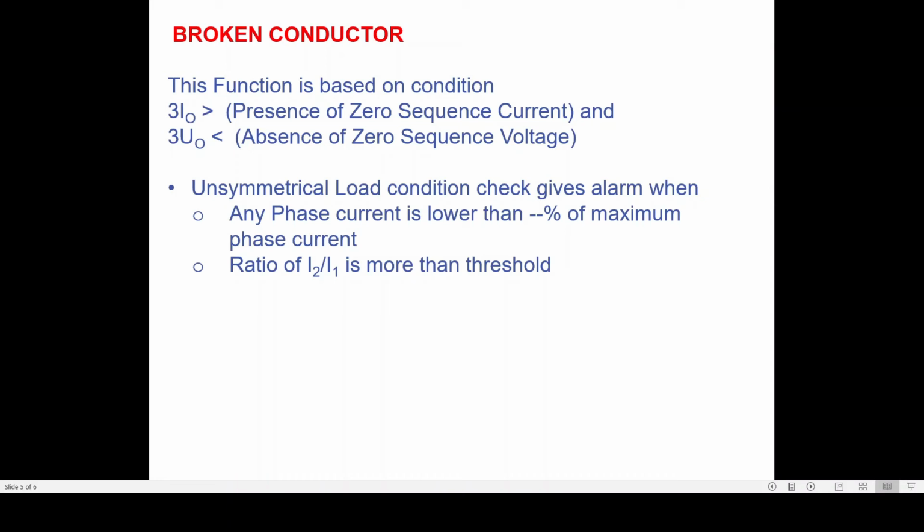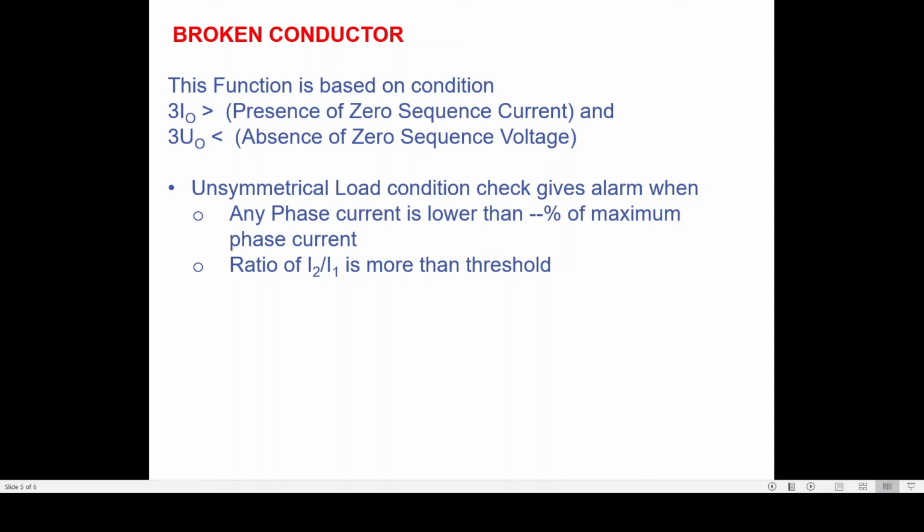Now, what the relay sees here is that, due to one of the conductors being broken, there will be the presence of zero sequence current, but since your line is energized and voltages are balanced, there is absence of zero sequence voltage. So the relay now sees that there is a presence of zero sequence current, but there is absence of zero sequence voltage. So immediately it will detect it as a broken conductor and it will give you an alarm after a suitable time delay. There are different methods for broken conductor detection. The two different methods, apart from the first one, is the ratio of lower currents and the higher currents between the three phases.